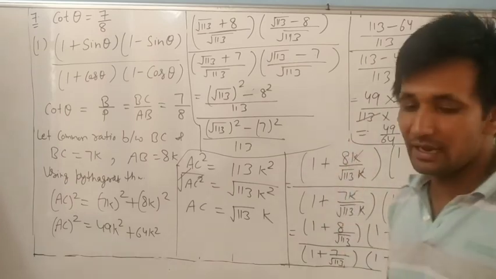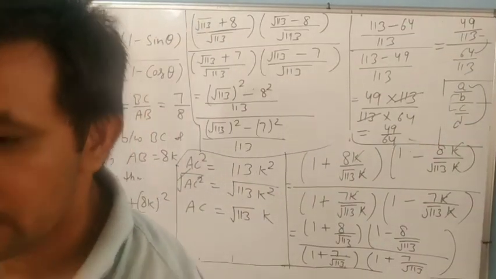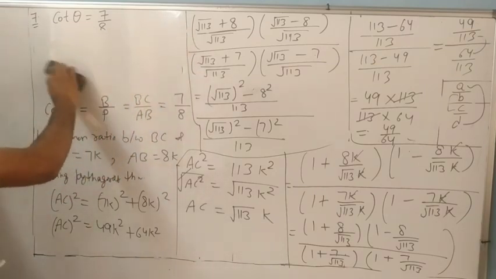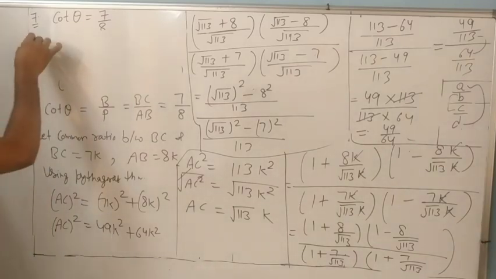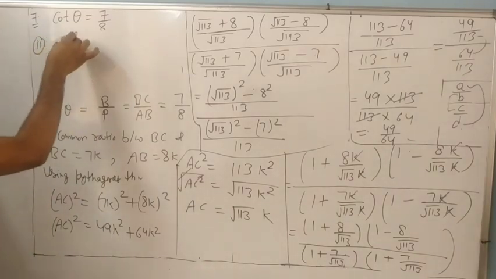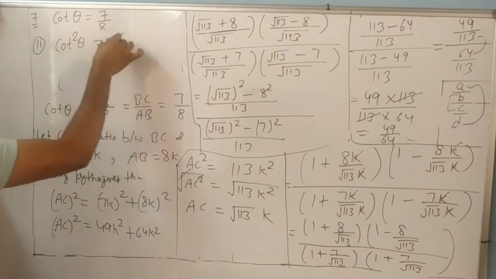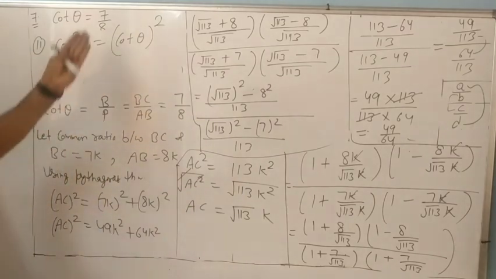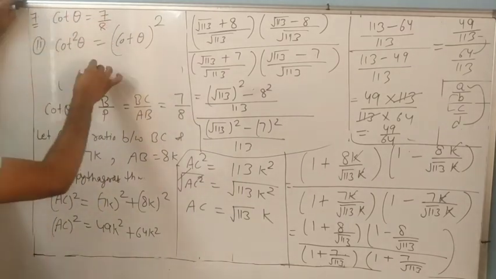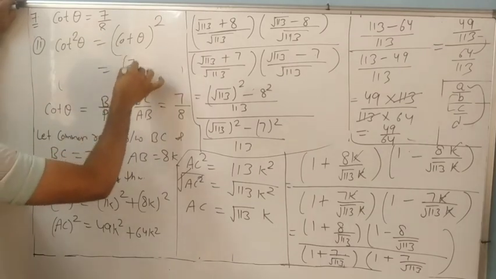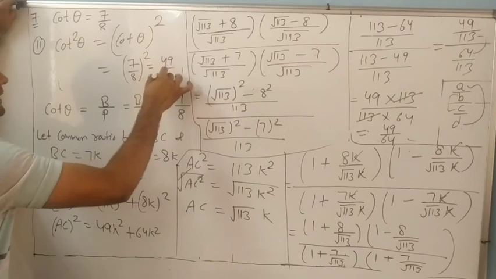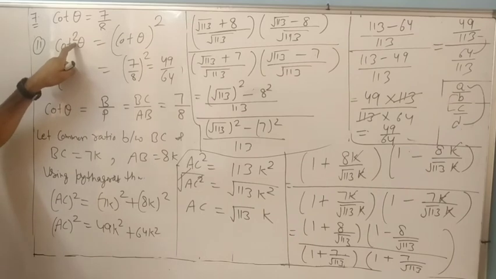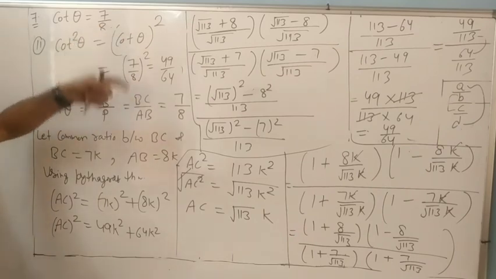Same as it is for the second part. What is given in the second part? Look at the second part. Find cot square theta. It means cot theta and its square, both are equal. Already cot theta is given, or not? What is cot theta? 7/8, into its square, 49 divided by 64. Same answer for the second part. Cot square means it is squared, dear. We already know cot, so it is your value.